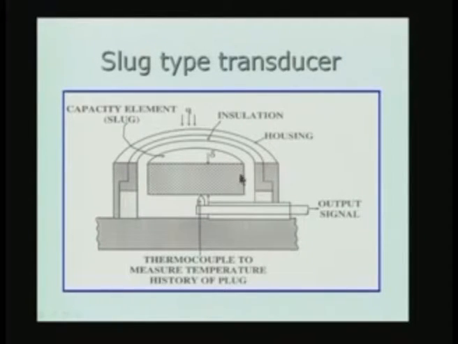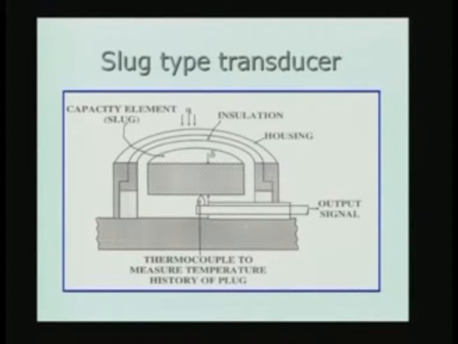In fact, the housing and the slug are not in contact with each other. Some way of isolating it is required, and the housing itself is a good insulation, so that it thermally insulates the slug. Of course, there may be a small residual amount of heat transfer or heat loss, because no perfect insulator is found in practice. Therefore, we can allow for the small loss by changing the analysis slightly by including a certain small loss coefficient.